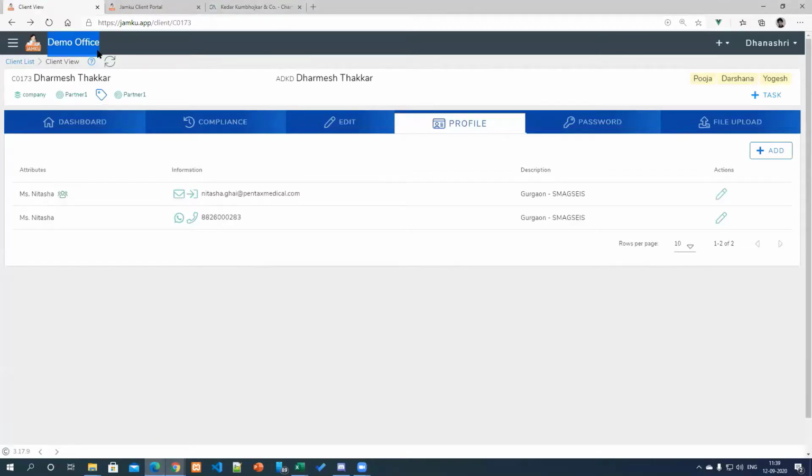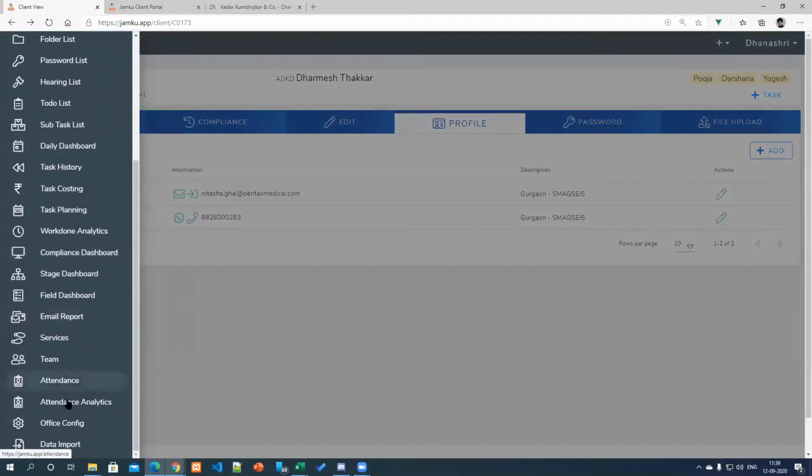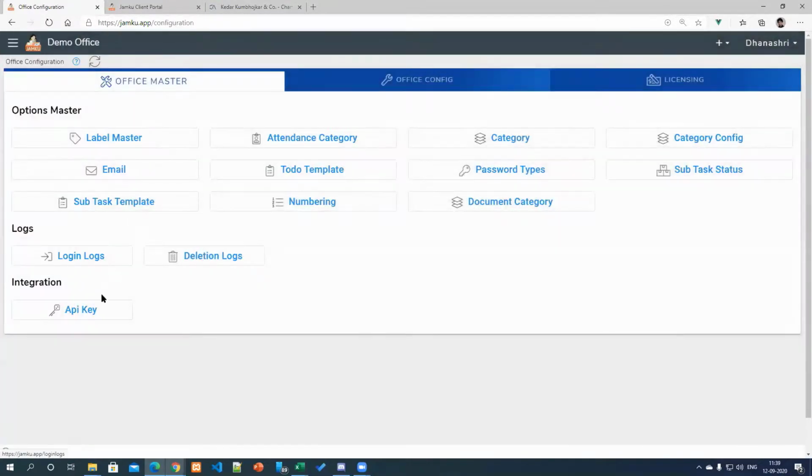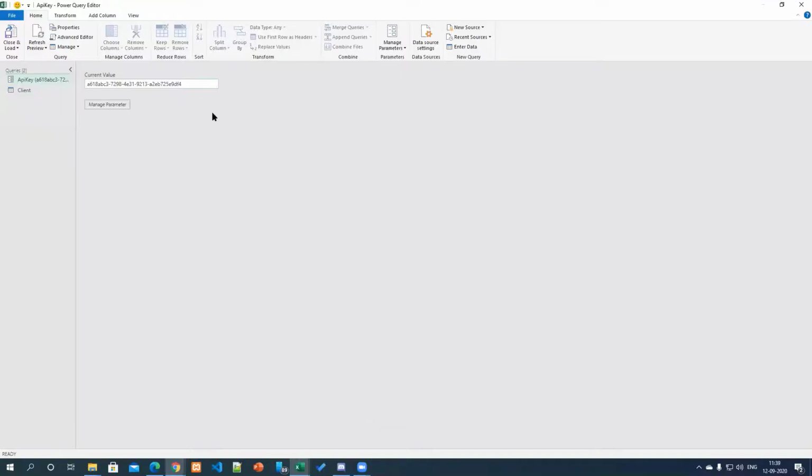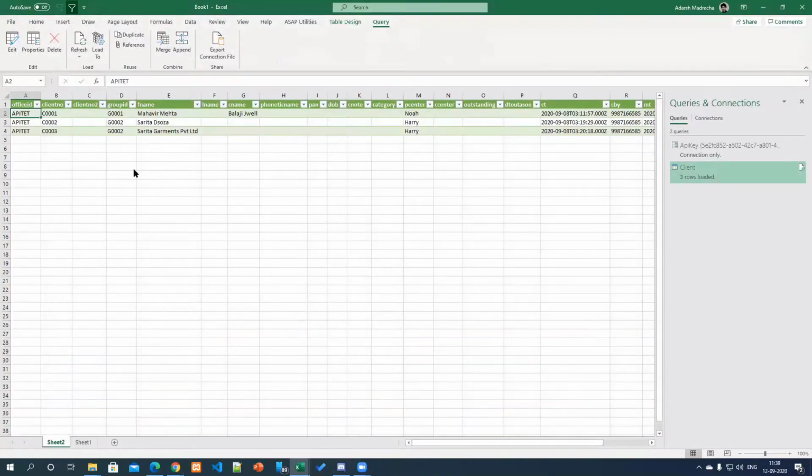This is our demo account that we are talking about. I'll go here, to Office config, API key. I have an API key. Copy, save, close and load. And now if I go and refresh this, it will refresh from the demo account instead of the API test account that you are linking.